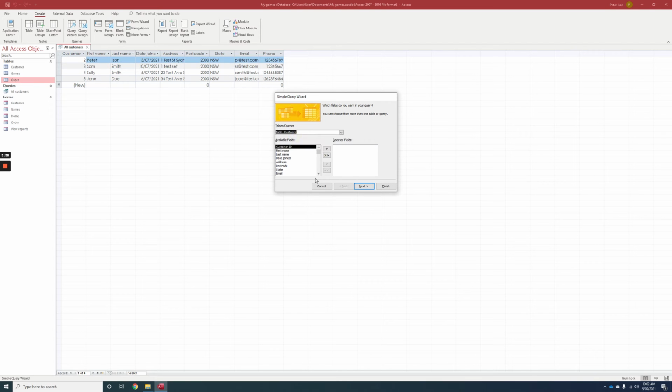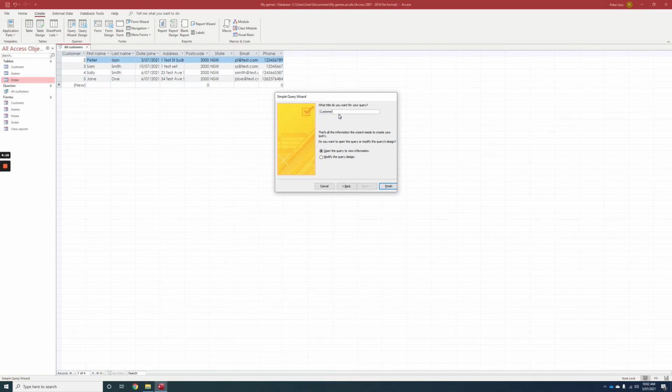We're going to select customer, and let's say we want to see what games a customer has bought and maybe the costs associated with it. So here we are going to cherry pick the fields that we want. Let's say we want first name, last name. Then we select the drop down, go to games, and here we are going to get the price and the title. And then we go to order, and we can check what date we purchased those on. So we go across here, and as you can see, I have fields from 3 different tables here. So if I go next, next,